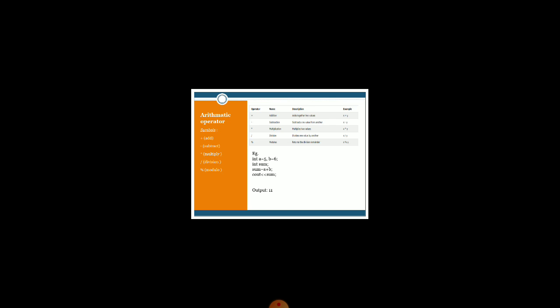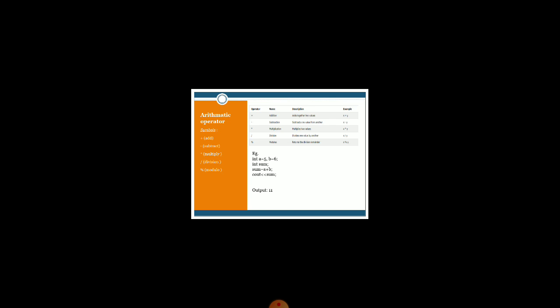So to give or display any negative value, I use the unary minus operator. Otherwise, all these five are binary arithmetic operators. Binary means here we have to use two operands and one operator.